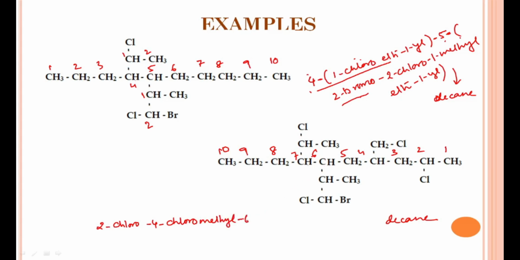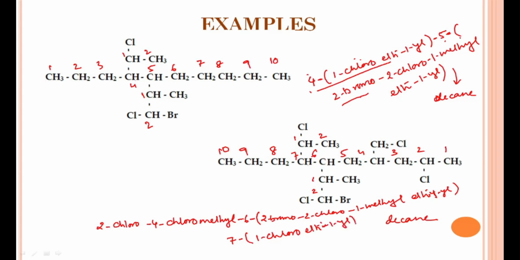Then in sixth position, what it comes? It is a complex structure, so you have to put it in bracket: 1, 2. So it will be 2 bromo, 2 chloro, 1 methyl, ethyl with 1 oil. Okay. Now in seventh position, what is present? 1, 2, 1 chloro, then ethyl again with 1 oil decane. Now while we are giving the numbering, naming like this: 1 yl,